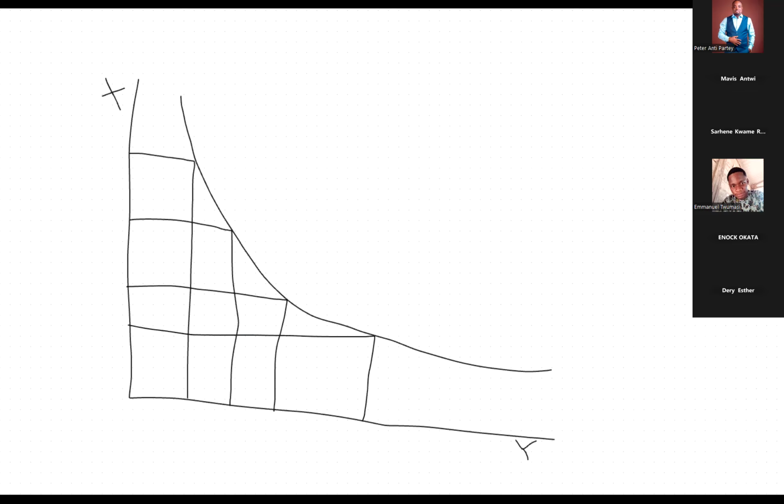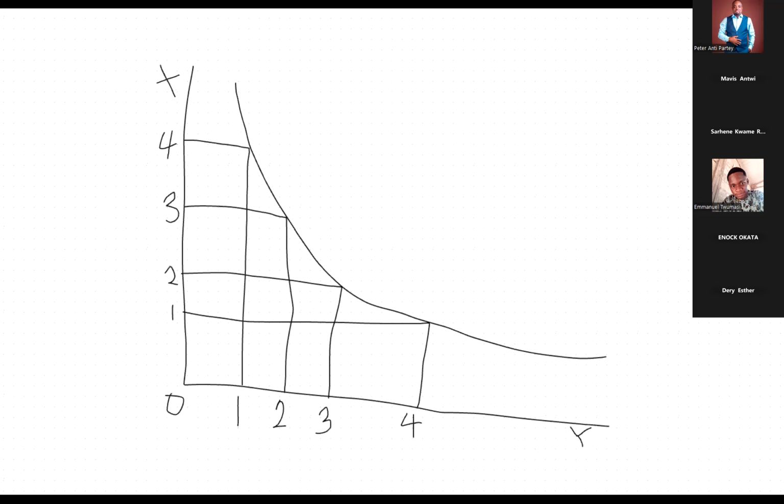So we say this is, let's say 1, 2, 3, 4. This is origin 0. So let's do the same thing. 1, 2, 3, 4. Okay. Now, when we talk about the law of